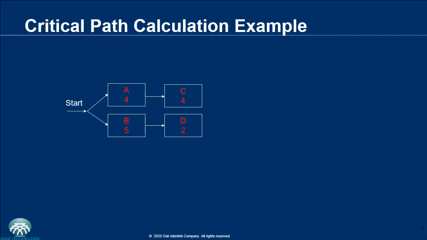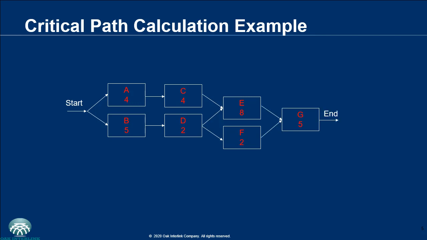Activity D follows activity B. When activities C and D are done, activity E can begin with a duration of 8 days. Then after activity D, activity F can begin. Once activities E and F are done, then activity G can begin,